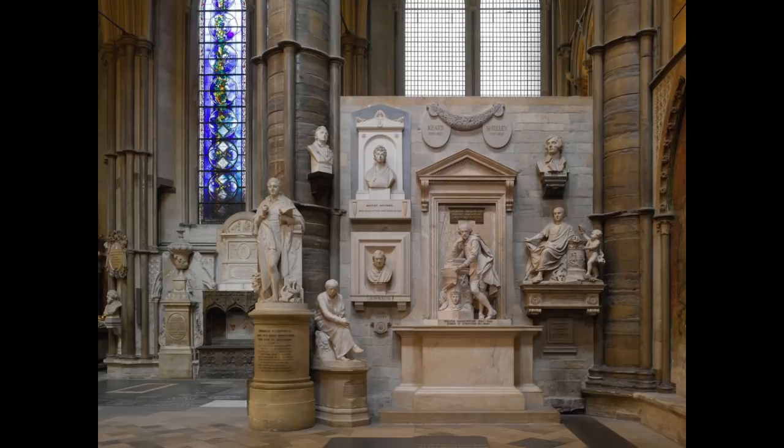You'll notice that it's placed against a wall made of grey stone that doesn't appear to have anything to do with the rest of the abbey. Very incongruent stone, and a wall that only goes halfway up the pillars. That wall is covered with an awful lot of junk, which are memorials to other people like Keats, Shelley, Burns, Southey, etc. None of those memorials, in fact nothing that you can see in this picture with the exception of this one at the back here, which is the tomb of Geoffrey Chaucer, none of the others would have been